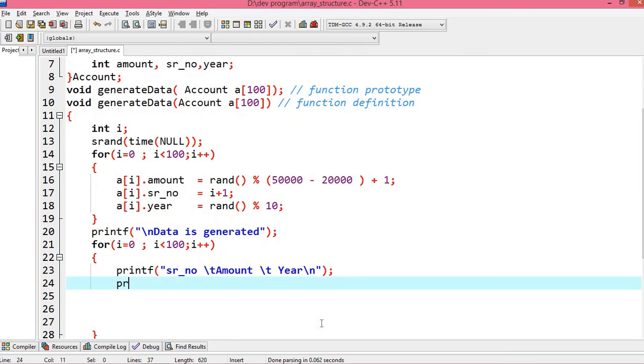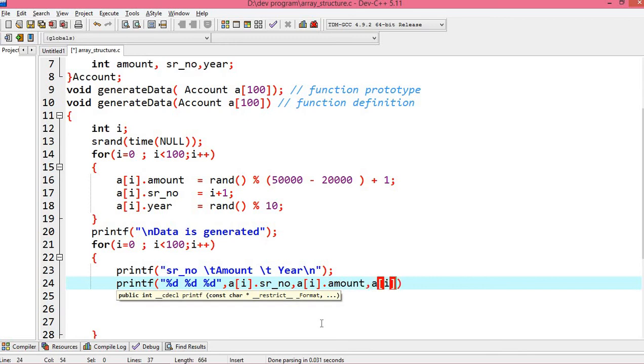Now inside this printf, percent d and percent d, and what I will print over here is a of i dot serial number, after that a of i dot amount, and the third one is a of i dot year. That's it.